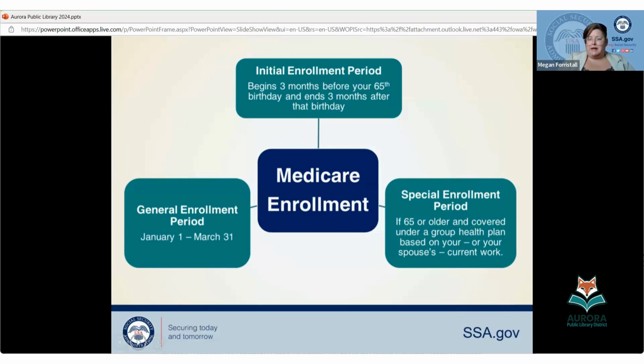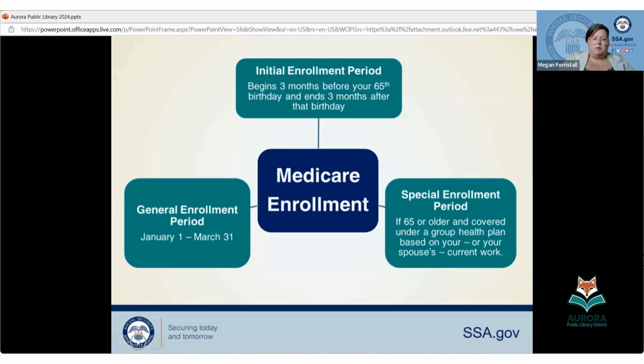So if you need it at age 65, you want to get in during that first opportunity, your initial enrollment period: the 3 months before your birthday, the month of, and the 3 months after your birthday. If you need it to start the first day of the month in which you're 65, be sure to get it done in the 3 months before, because if you wait till the month of your birthday or the 3 months after, it's going to begin the month after sign up. But you can take your retirement and your Medicare at the same time, or if you're not ready for retirement, you can file for Medicare only.